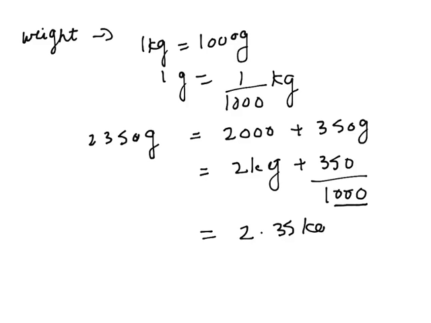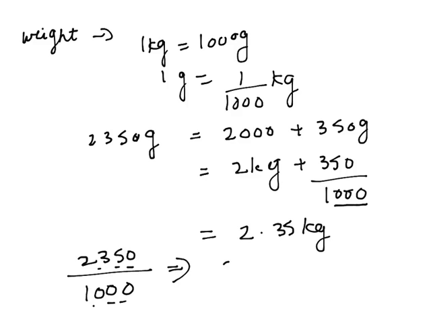It will give us a decimal point after 3 digits, so it will give us 2.35 kg. Or the easiest method is we simply divide 2350 by 1000, as 1 gram is equal to 1 by 1000 kg. So we put a decimal after 1, 2, 3, counting from the right place, and we get 2.350 kg. Now let's take some examples based upon that.